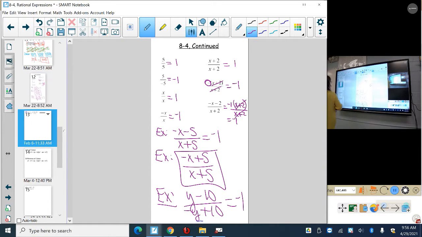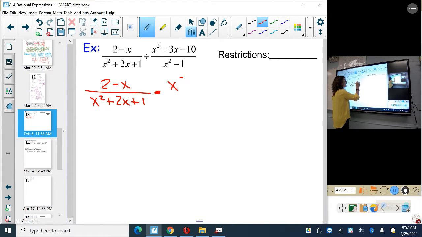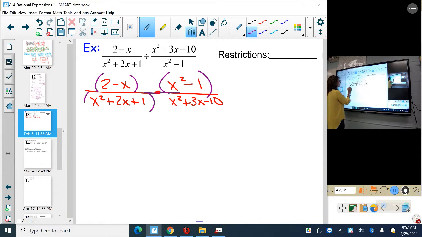So let's take that and let's do this example right here. So, how are these two fractions attached? These two fractions are attached by division, so we're going to do the keep, change, flip concept. So I'm going to keep the first one. I'm going to change the division to multiplication, and I flip the second fraction. From there, I'm going to write this as one fraction, putting parentheses around everything so that we understand that they're unique. Okay? So I'm going to drop down the 2 minus the x,